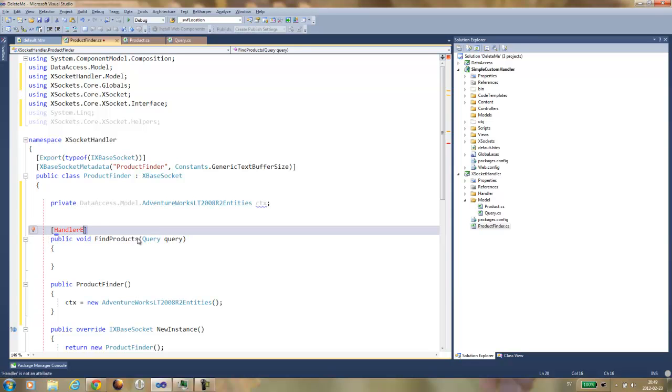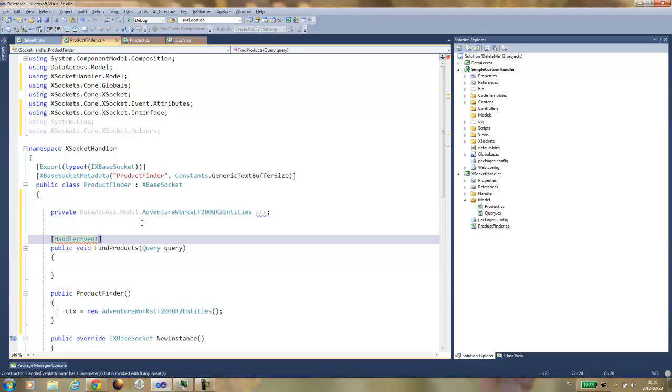This enables the WebSocket server to route messages to this event, and the alias of this event can be find